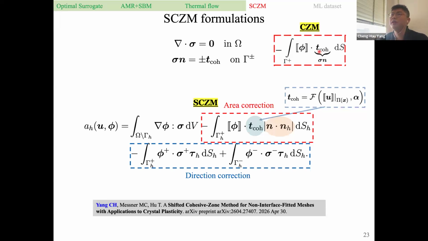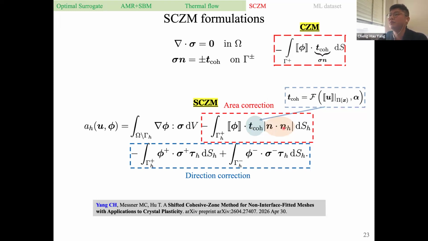And for the shifted cohesive zone, because we shift the interface condition from the true interface to the surrogate interface, we should tune the condition a little bit with the n dot n_h term. The first n is the true normal, the second n_h is the surrogate normal. I will talk about this term later. It can help us